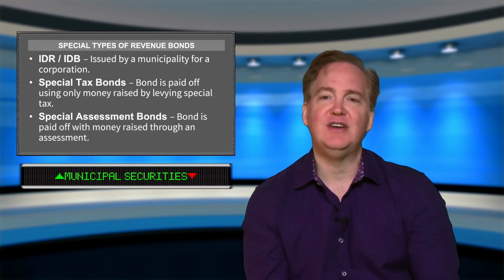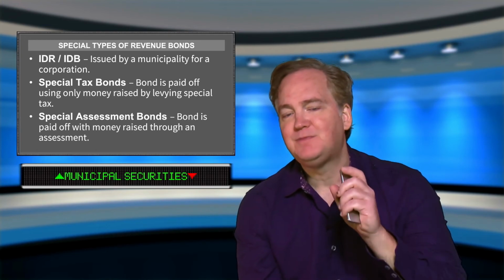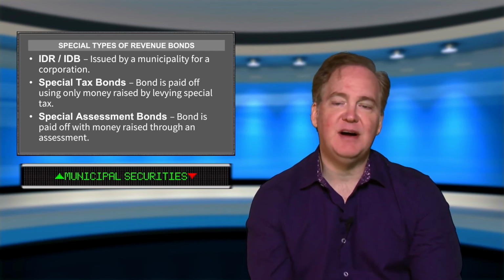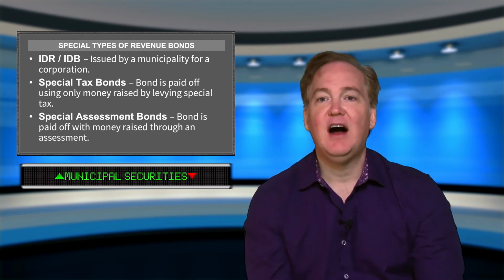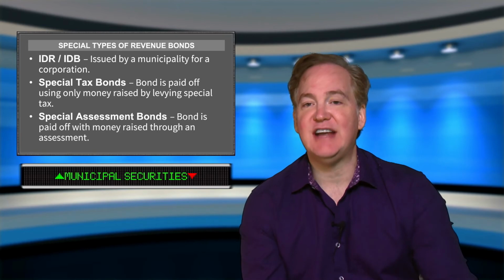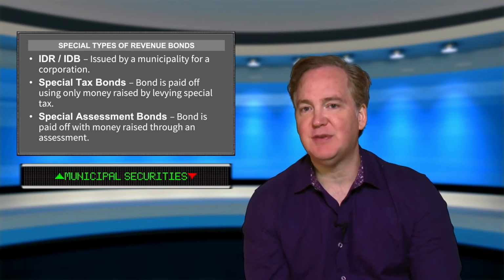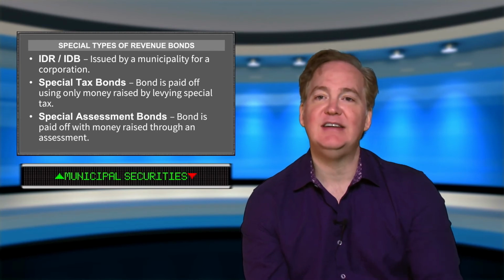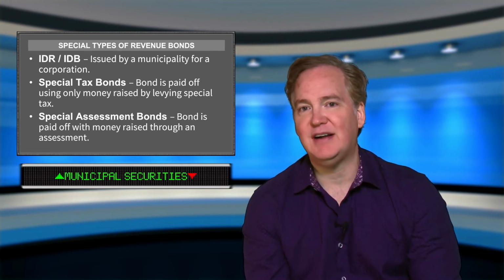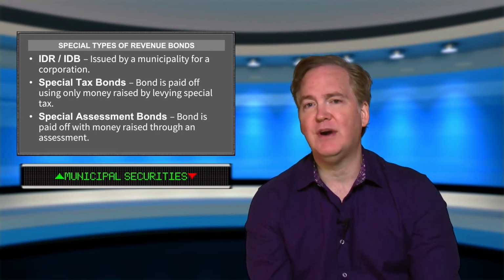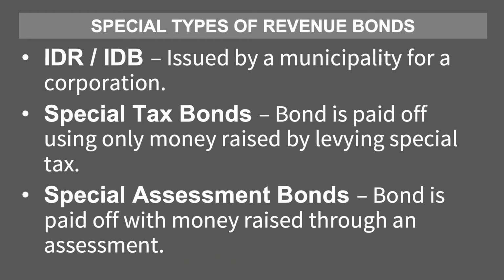The important point to note here is the credit rating on these bonds is the credit rating of the corporation, not of the state or municipality. Because the corporation is ultimately responsible for paying that rent, that is the credit rating on the bonds, the credit rating of the corporation. A special tax bond is a bond where only certain taxes can be levied to pay